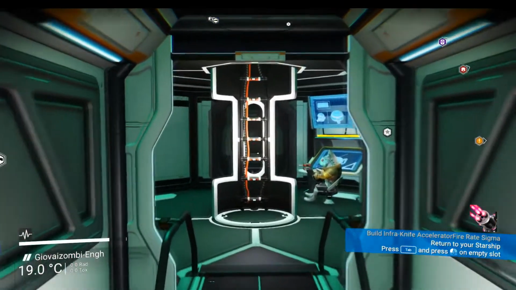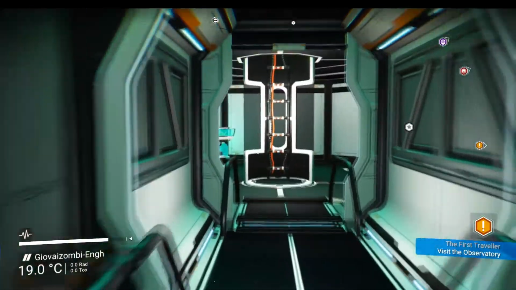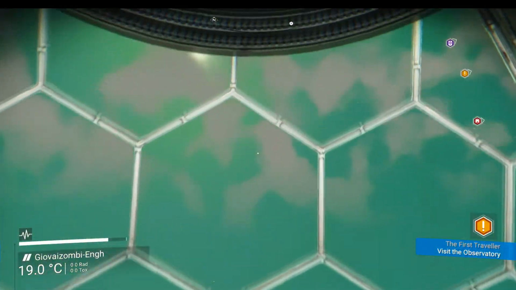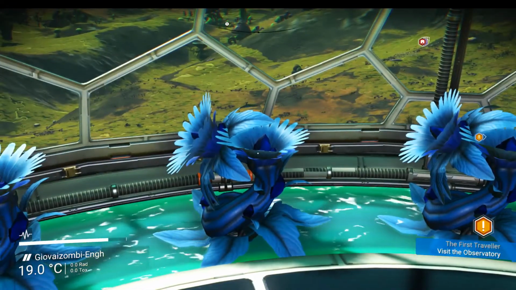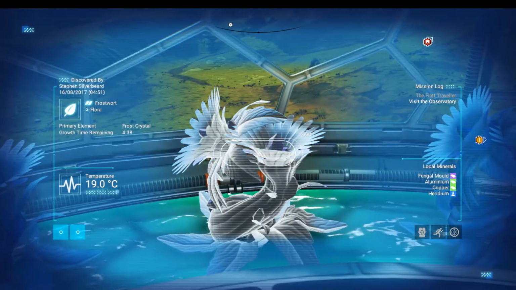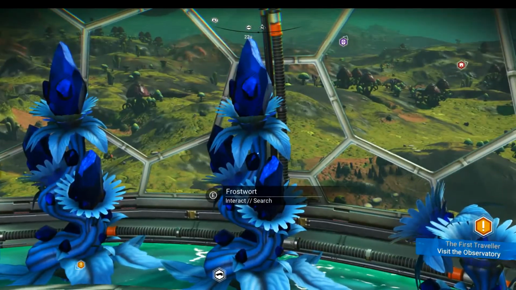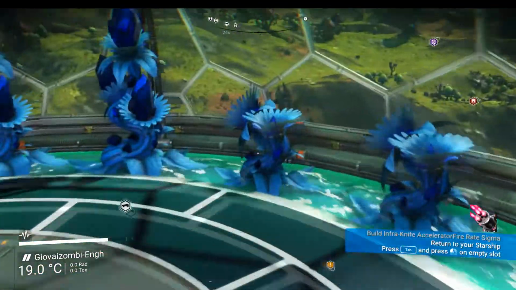Now the next one is I'm going to go straight into these. It relates to farming, and I think every one of us does farming, and I think this is quite a useful trick. Now you come up here and you can see I'm farming here. If you use the analysis visor, you can see now it tells you, see where it says below primary element, growth time remaining, it will tell you how long you've got left before these plants mature, and I think that's quite a useful